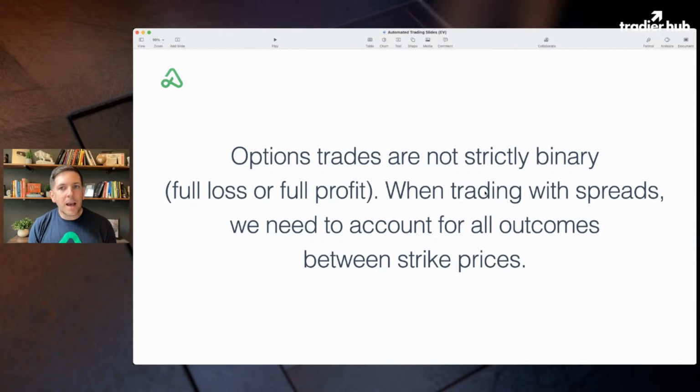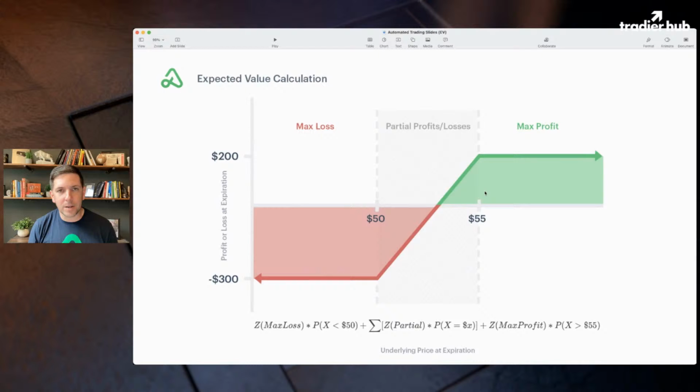There's times when you're trading with spreads, particularly, where we need to account for all outcomes between the strike prices. And this is where we get into a true expected value calculation. In a true expected value calculation, we not only need to account for the probability of making our maximum potential profit, and the probability of making our maximum potential loss, but what